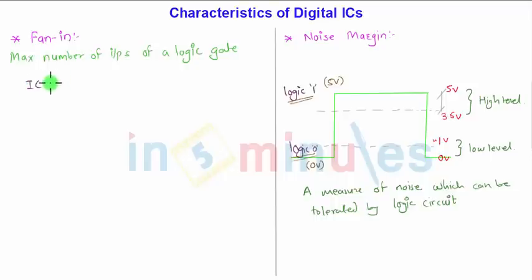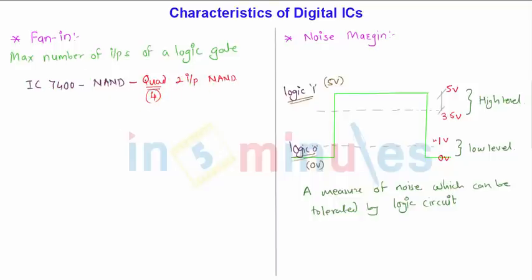Let us consider the IC 7400, which is nothing but the NAND gate IC, but particularly it is a quad 2 input NAND. Why? Because quad means number 4, and 2 input NAND. Whatever this IC package 7400 is, it consists of 4 NAND gates, and each NAND gate has 2 inputs.